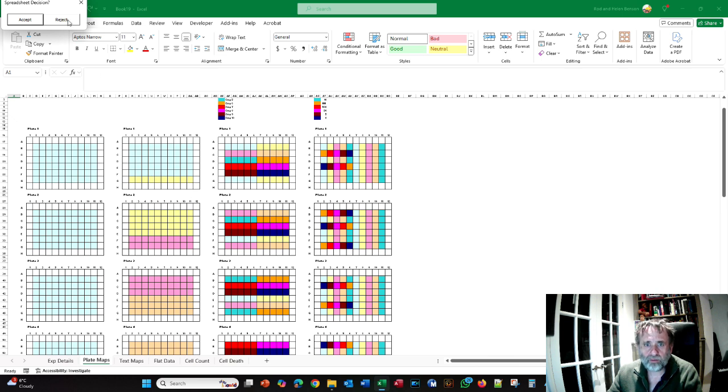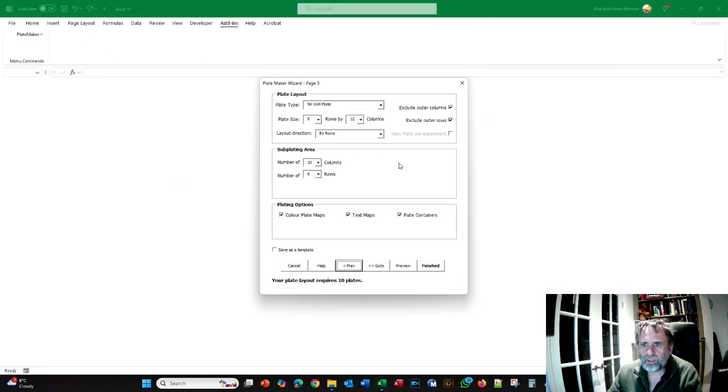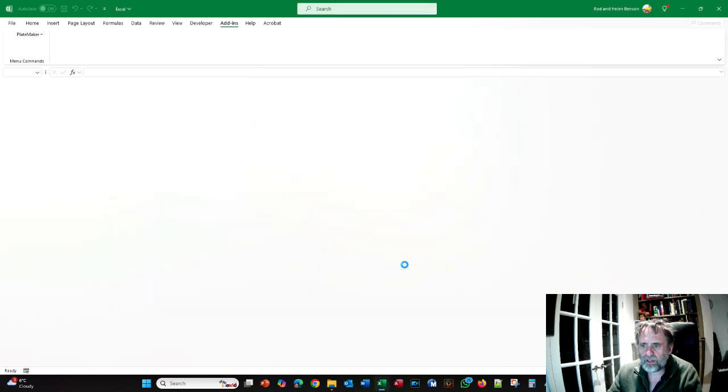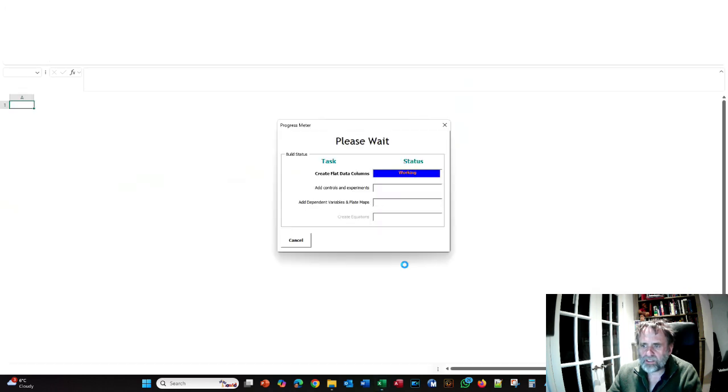If we click reject, we can use subplating areas in order to exclude a row. You can see at the moment, because we've excluded outer columns and outer rows, the number of columns is 10, the number of rows is 6. Let's now change that to 5. We don't want to use leftover space, so we untick that box. You can see it's now gone to 12 plates. We run it again, and when we do that,